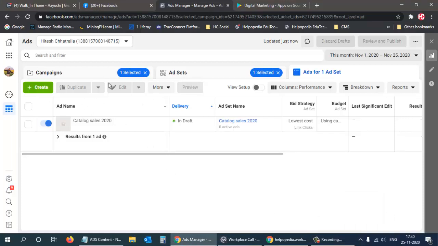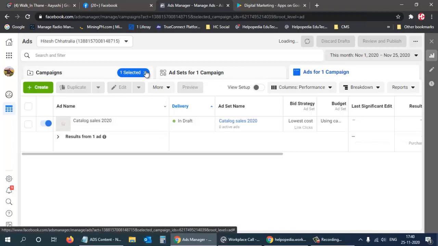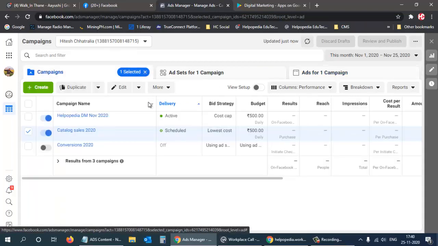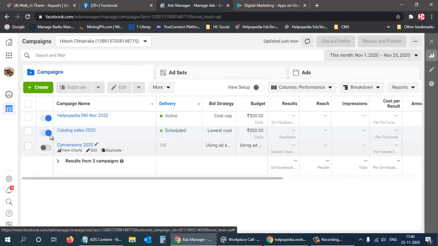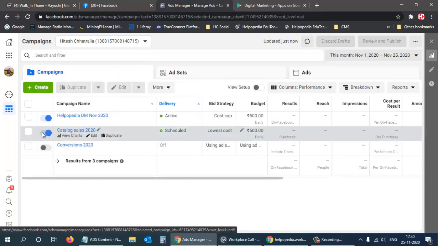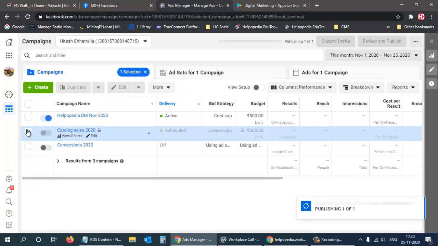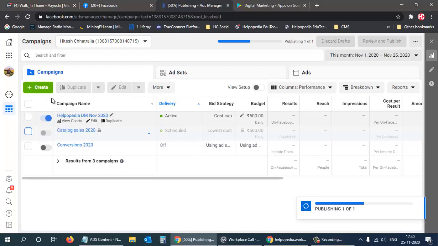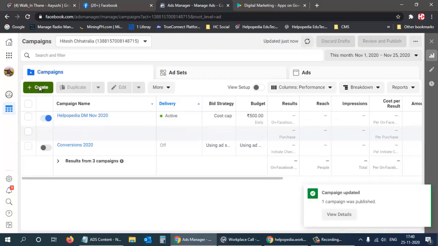So now it's done. So like this we can create catalog and catalog sales ads. Okay, so this also I will toggle it off. Okay, so like this we can create all the ads, and now finally we have